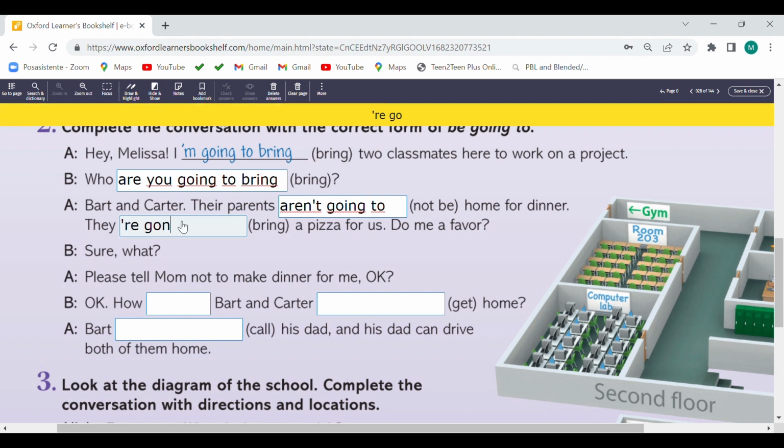They're going to bring. Bart and Carter. Obviamente que lleva are. Y sería going to get. Bart. Entonces decimos Bart's going to call.